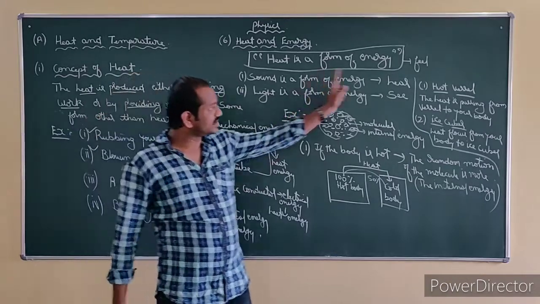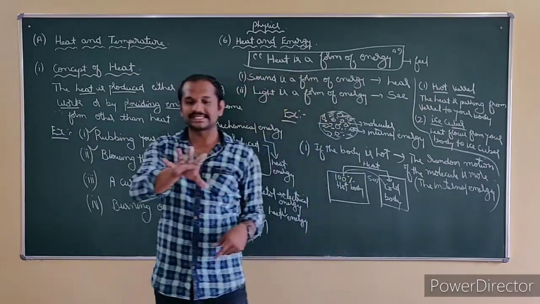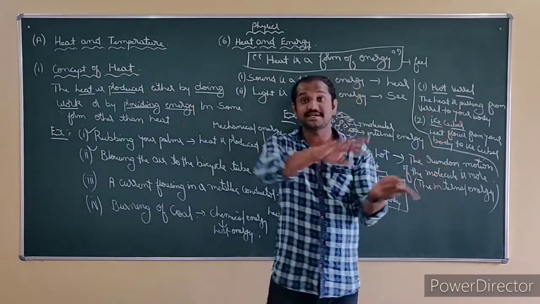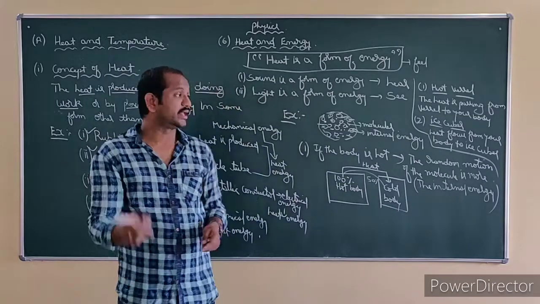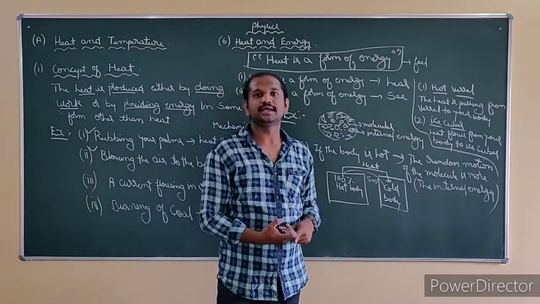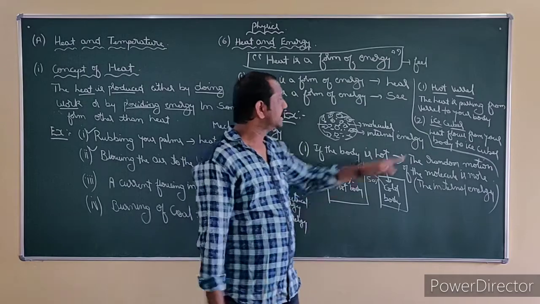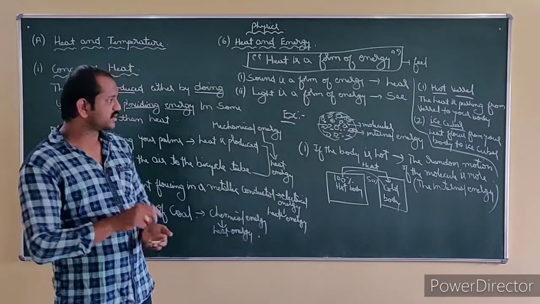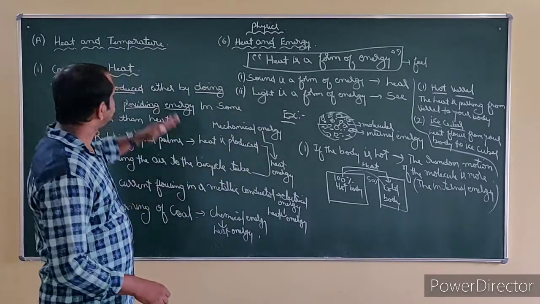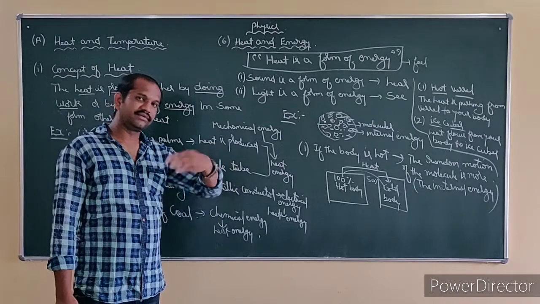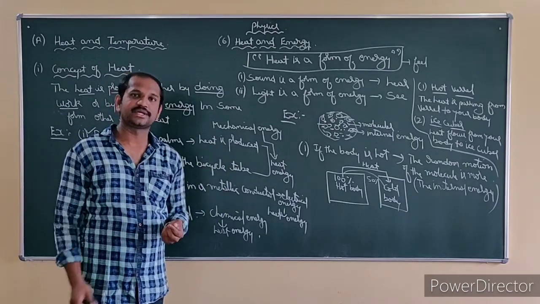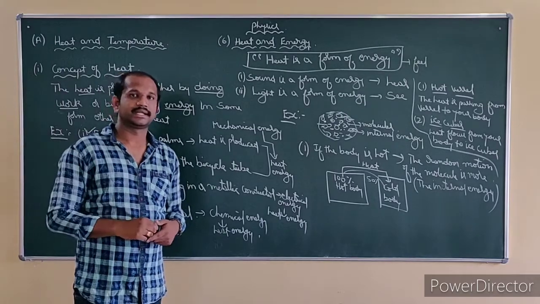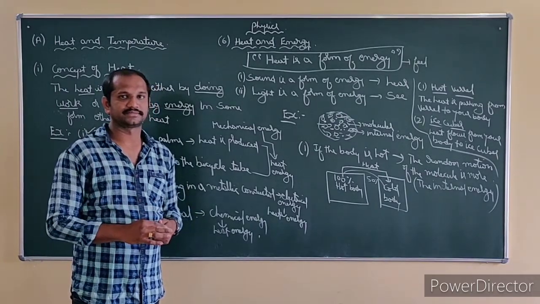Understand the concept? See, when you touch a hot vessel or anything hot, you feel hot. The reason is that the heat is passing from the vessel to your body. But when you catch ice cubes, you feel cold. What is the reason? Because heat flows from your body to the ice cubes. So understand the difference. Now we will define what we mean by heat energy. Then we will see the SI units and CGS units and conversions, and what a calorie is. Then we will move to what we mean by temperature and see the differences.